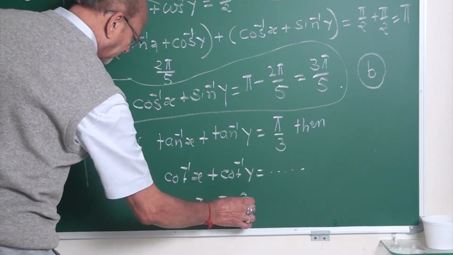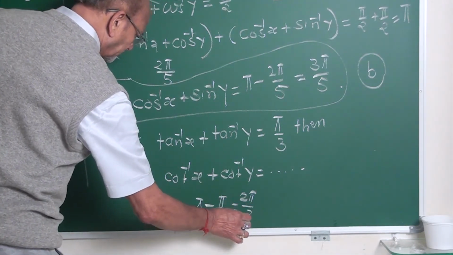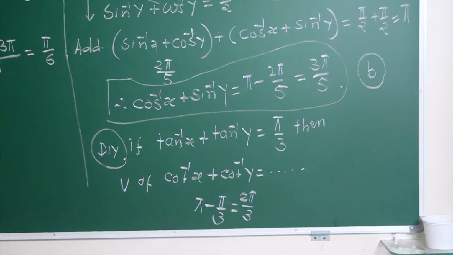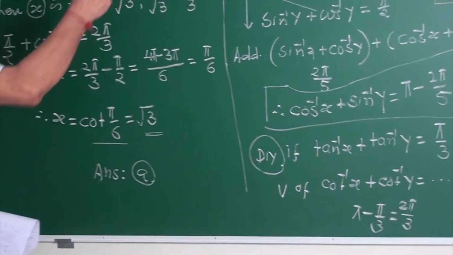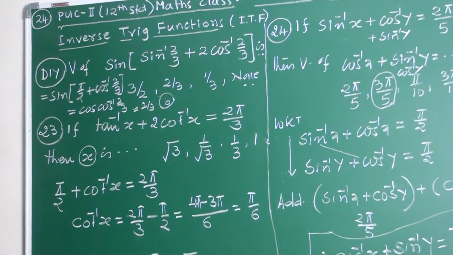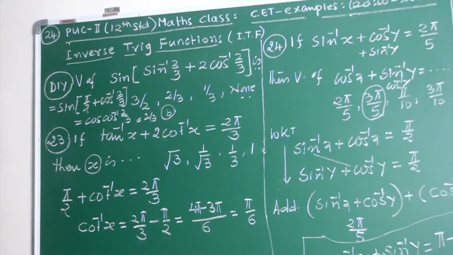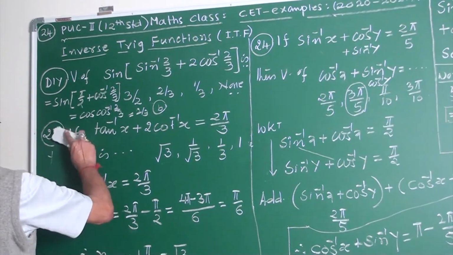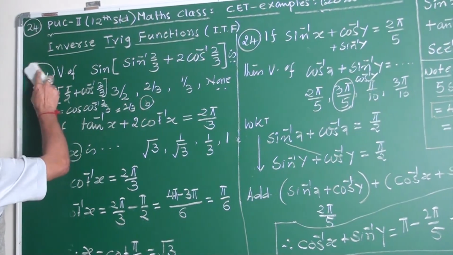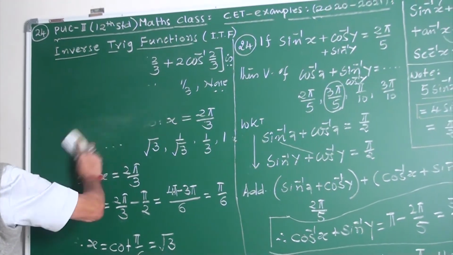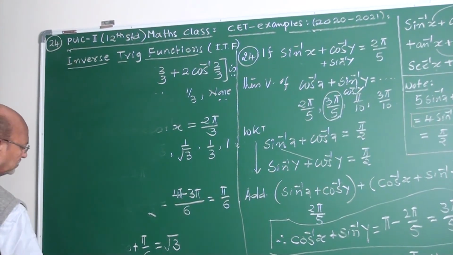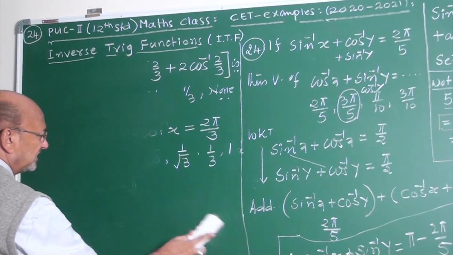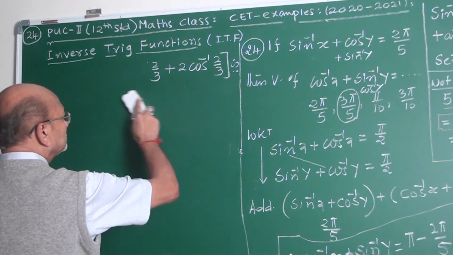What is the answer, my friend? 2 pi by 3. You can write it directly, no theorems and all. Then there is one more example on these theorems. Sin inverse x plus cos inverse x is pi by 2. Tan inverse x plus cot inverse x is pi by 2. Sec inverse x plus cosec inverse x is pi by 2. One more example on this is